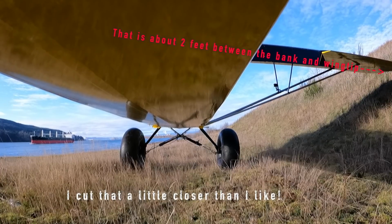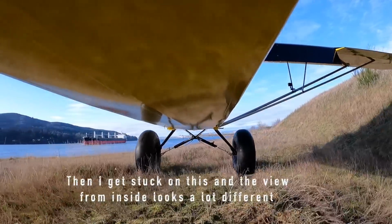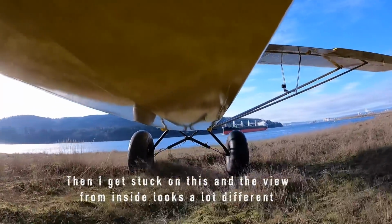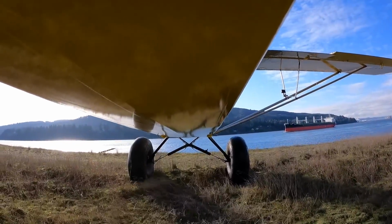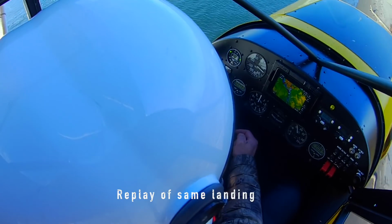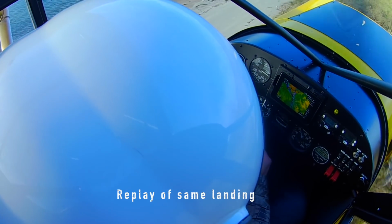And the first time that I went through it, I ended up basically at the rough stuff at the very end. And psychologically, because it does drop off about 30 feet, I definitely ended up more to the right than I wanted to. I included some footage of it from inside the airplane just so you could see me bouncing around and then trying to get over the bump that my bush wheels are up against,